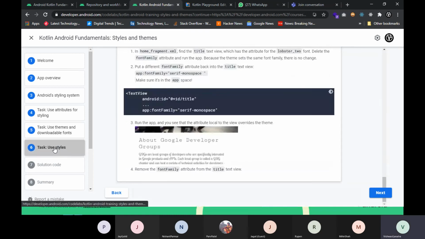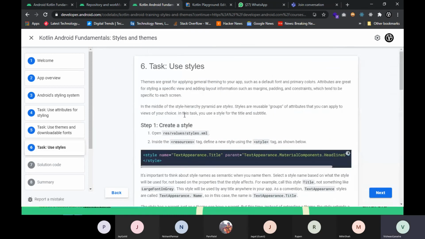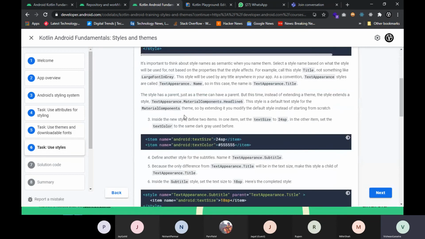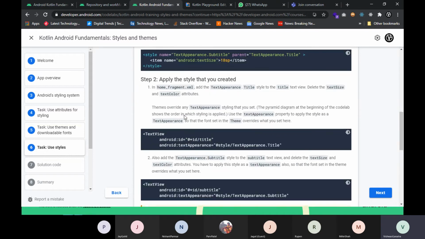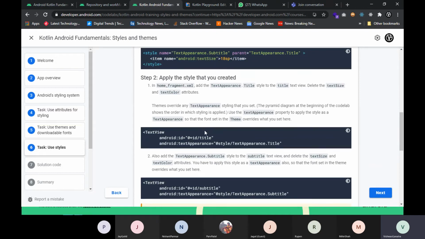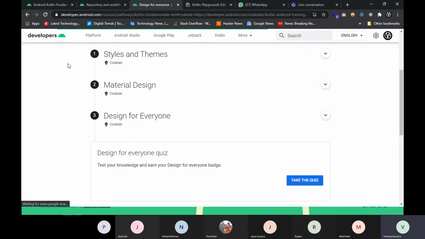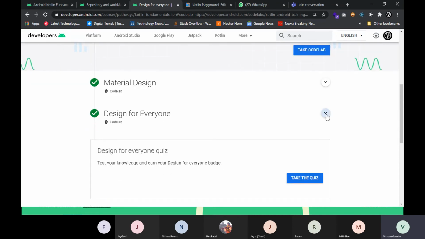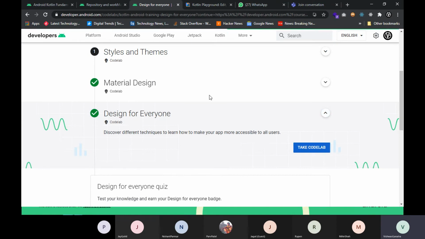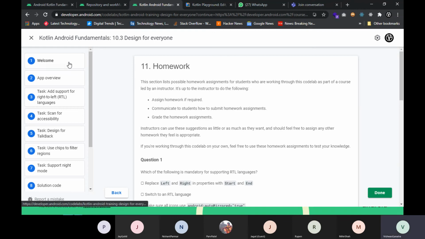Basically, styles are used for defining the appearance of your application. And nowadays, we have both dark mode and light mode in our Android phones. So you can define each and every style according to the different modes of your application and Android phone. Whenever you switch your application from dark mode to light mode, or from light mode to dark mode, the particular views and the particular color of views should change in a particular manner. So basically you have to code such XML attributes for the following modes.